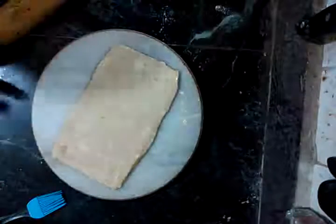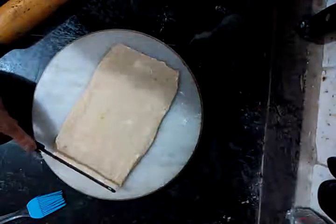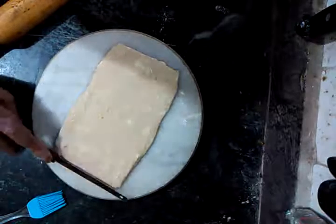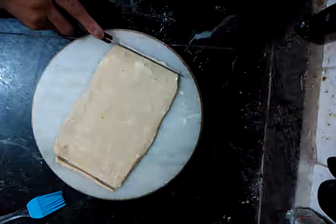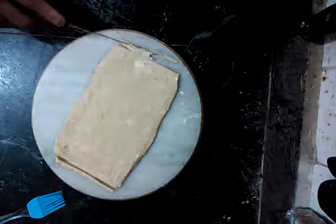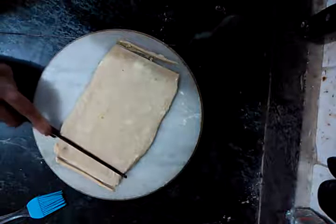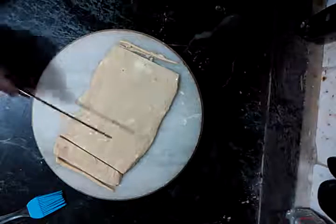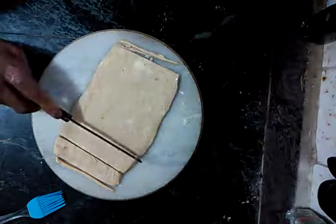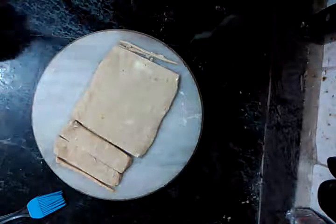So now it is kind of thin, and then what I'll do is I'll cut off one of the surfaces, that is the corner ones where there is a fold, so that there is no restriction regarding its rise. And then possibly, this is a kind of sheet itself, so you can use it as per whatever. I just wanted to use it as regular puff biscuits, cookies,